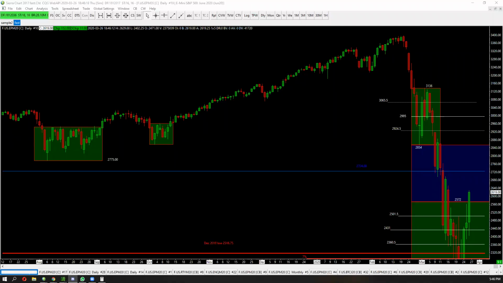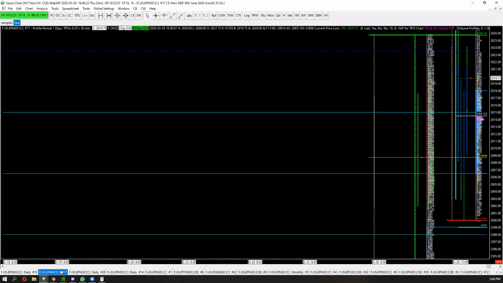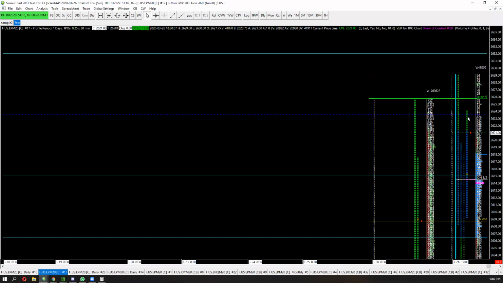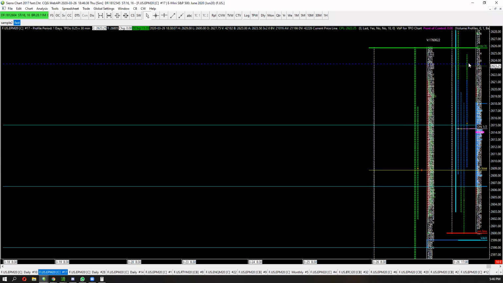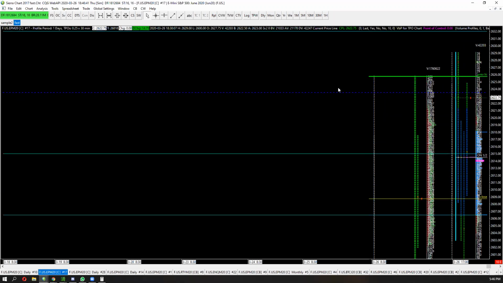So, you guys can ask whatever questions. Now, it's one thing to come up with these levels, right? The other thing is to see how well price behaves when we get to them. There have been some levels that I've come up with where it's completely useless, and we never trade at them. Lately, we've been fairly close to them, and what I'll do is, once I have a level,